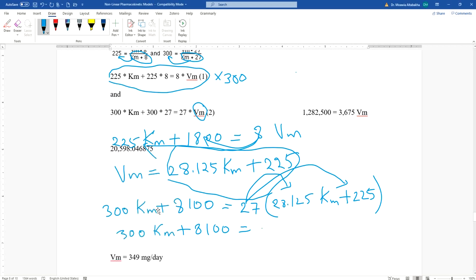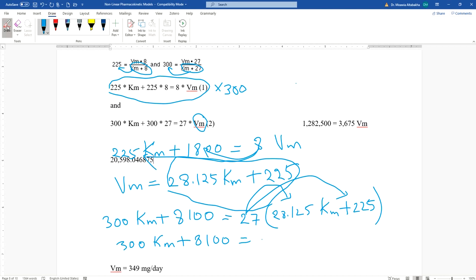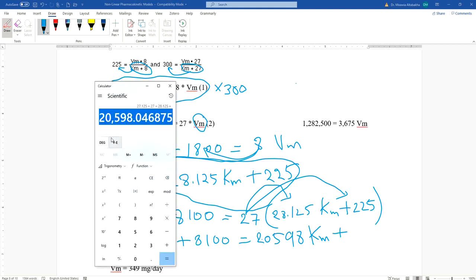So 20,598 Km plus 27 multiplied by 225, it's equal to